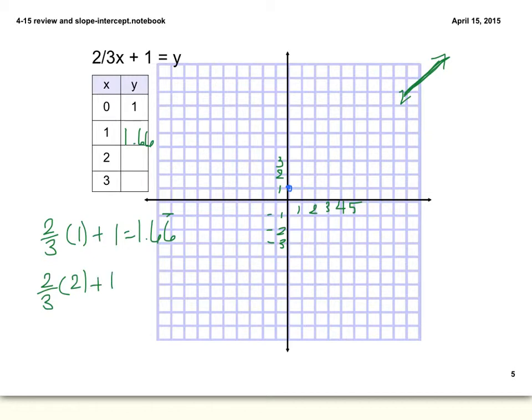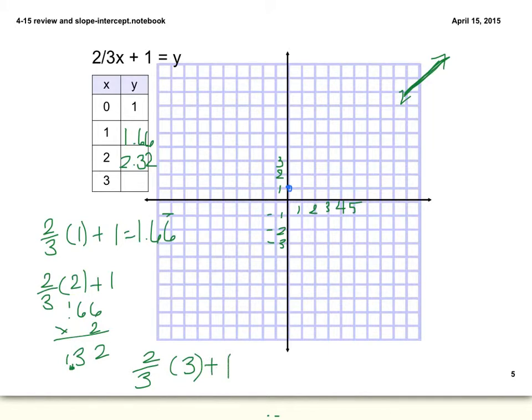Okay, next one, 2/3 times 2 plus 1. That's 0.66 times 2. 6 times 2 is 12, 13. And then I move my decimal over. 1.32 plus 1 gives me 2.32. Lots of nice decimals. Yeah, you have to be able to use these. Okay, the next one, 2/3 times 3